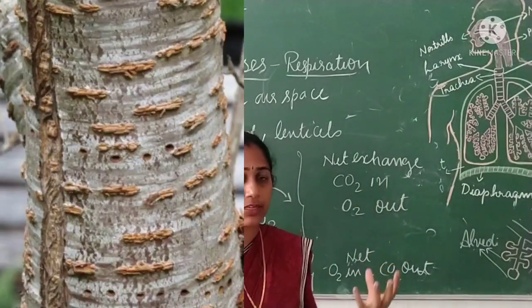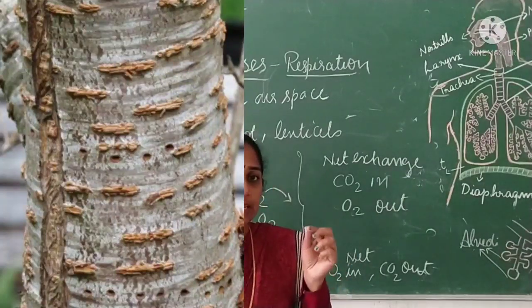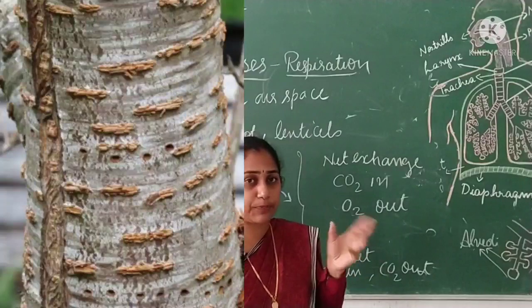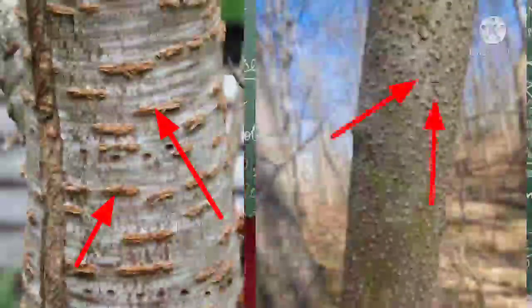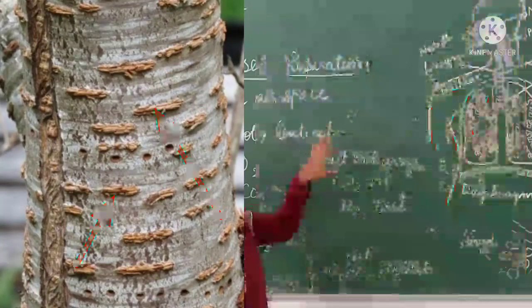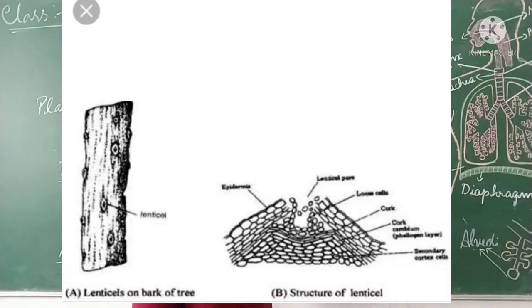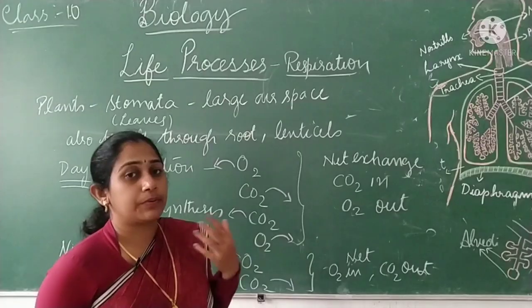They will develop an outer covering of the stem called bark, right? In the bark, you can see some kind of opening or rupture, as if the cells have been ruptured. That opening or ruptured area is called lenticels. Lenticels are areas where the cells are loosely arranged. The cells in that area are loosely arranged because it helps in breathing,